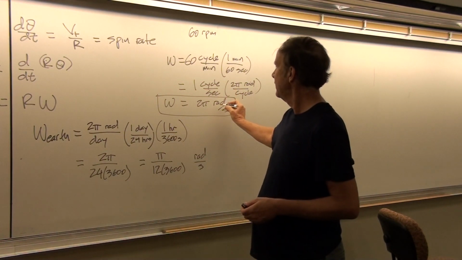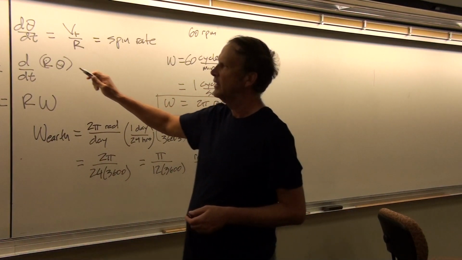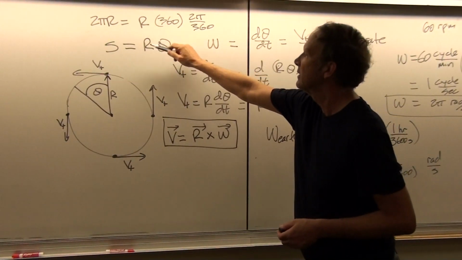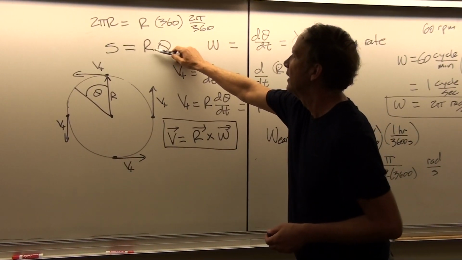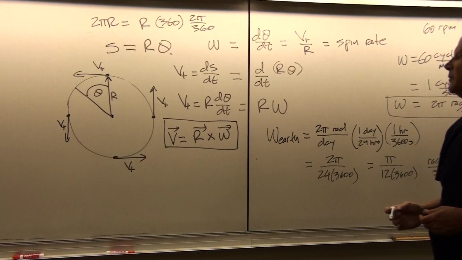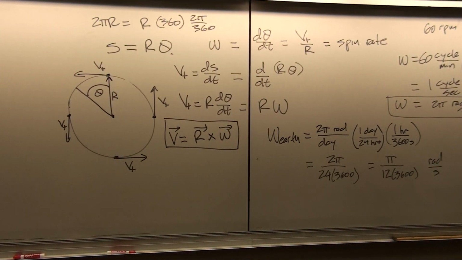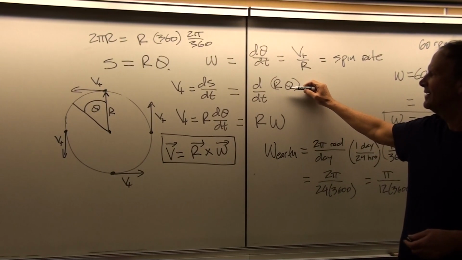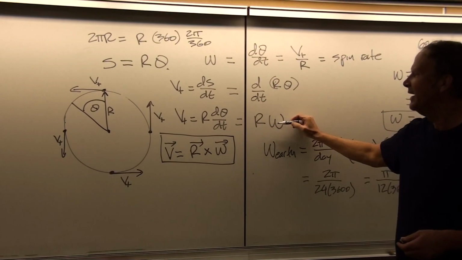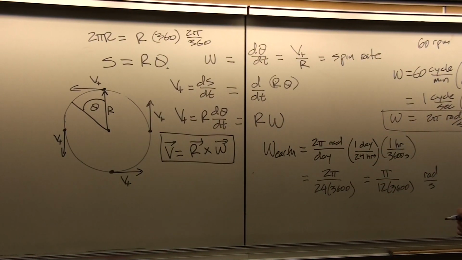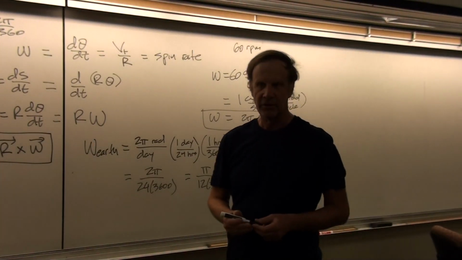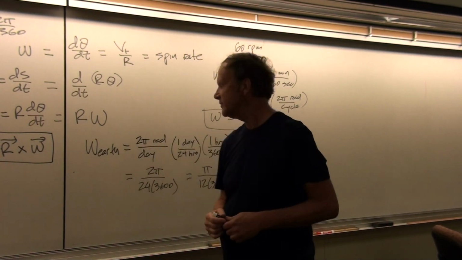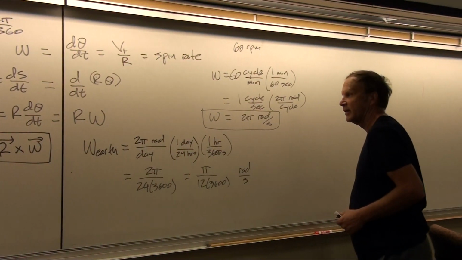We want theta to be in radians, just for the same reason that we wanted arc length equals r theta. We wanted theta to be in radians there, because just differentiating that then gives us our r omega for v tangential. Okay. And so with that idea in mind, let's move ahead to angular acceleration.